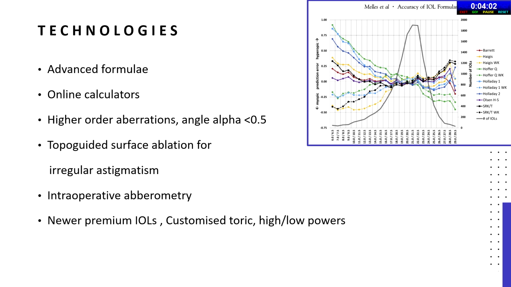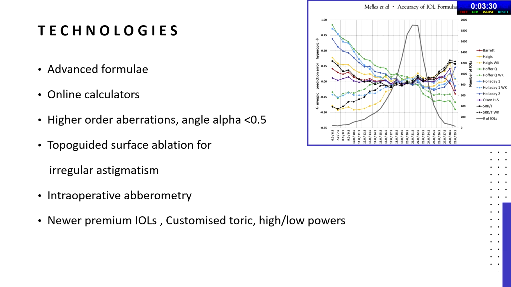So the study by Melles et al. showed that for the normal range of intraocular powers ranging between 17 and 25, most of the formulas will work correctly and give us the correct IOL power. But it's only for the extreme eyes, like the long and short eyes or other complex situations, where we end up with refractive surprises. And for post-LASIK patients or patients who have surface irregularities, we have the EyeTrace or